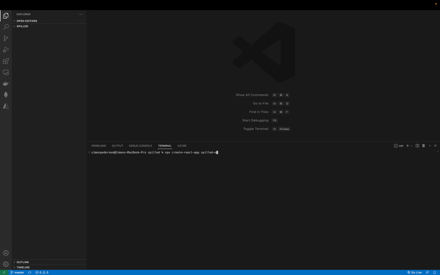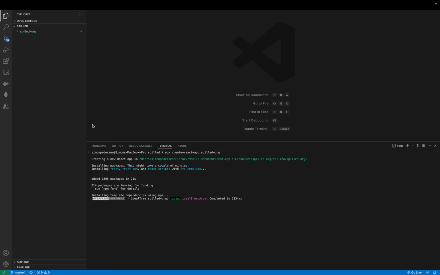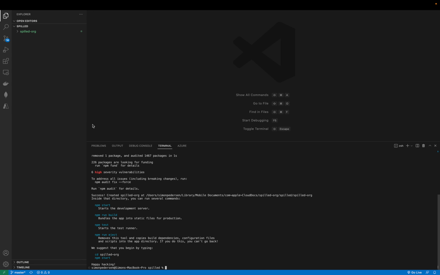and this will create the app for us and download the necessary modules for us to play and get going with our React app. So we see right now it's downloading, and we just wait a few seconds here, and then we'll get going with it. It takes, I think, about 20 seconds here. So now from the download, when it says happy hacking, we can go to the